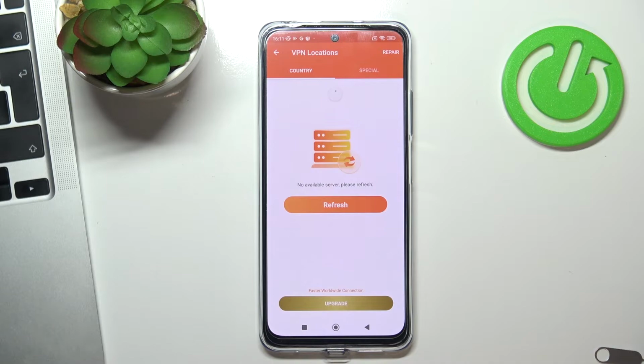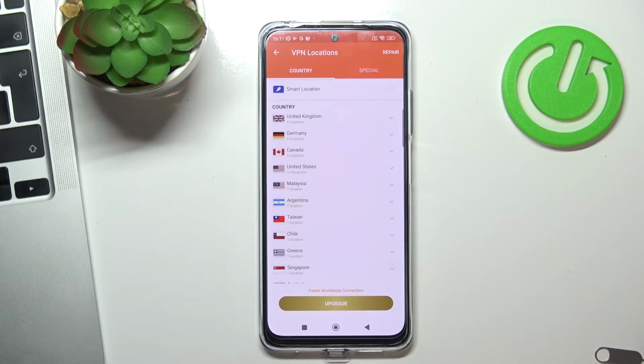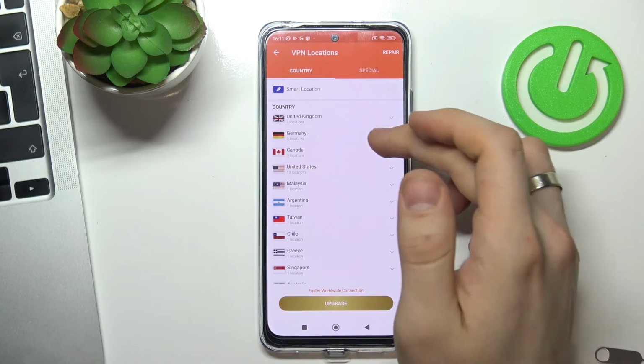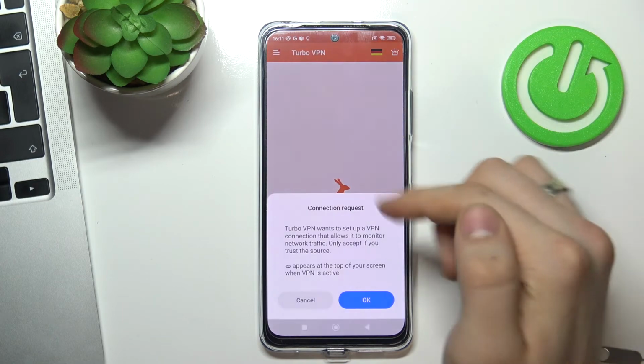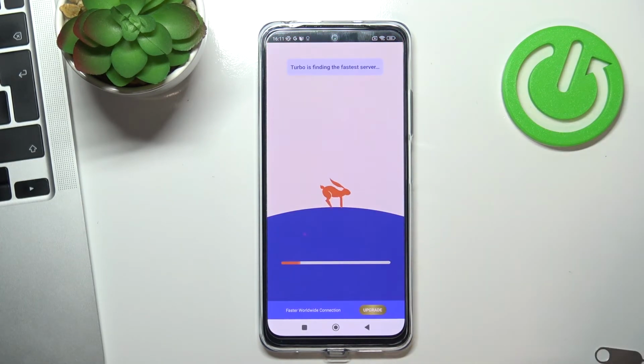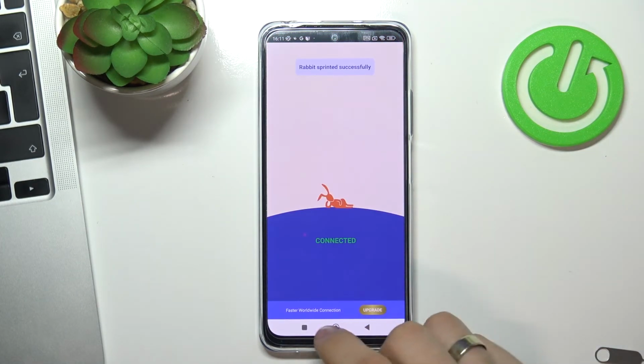Here you can select the country to connect to. For example, I want to connect to Germany server, so choose Limburg for example, choose OK, wait a while,